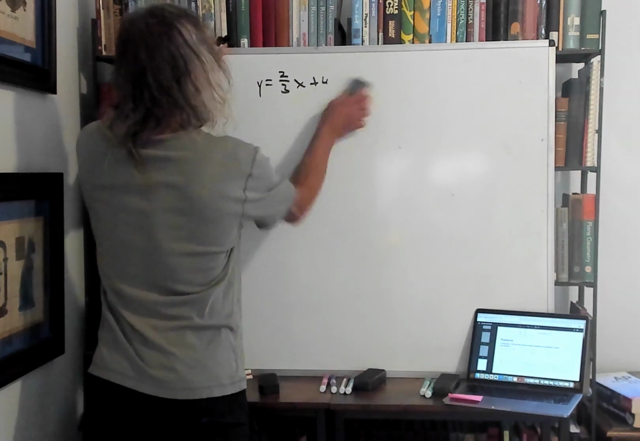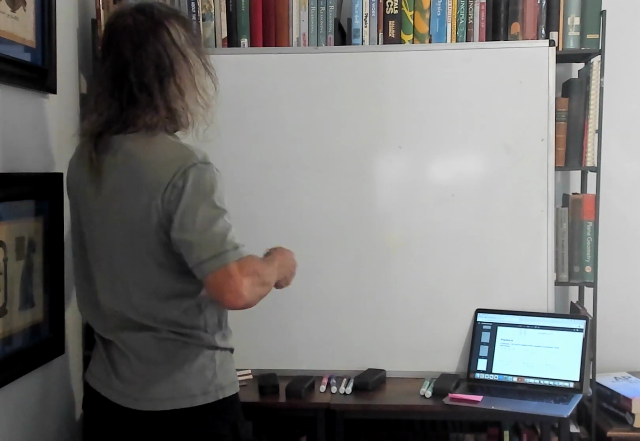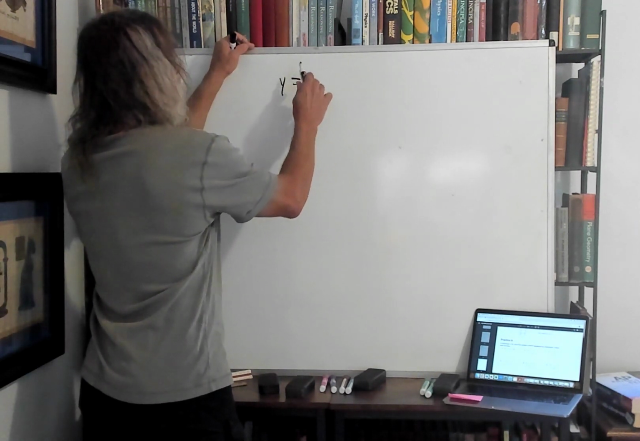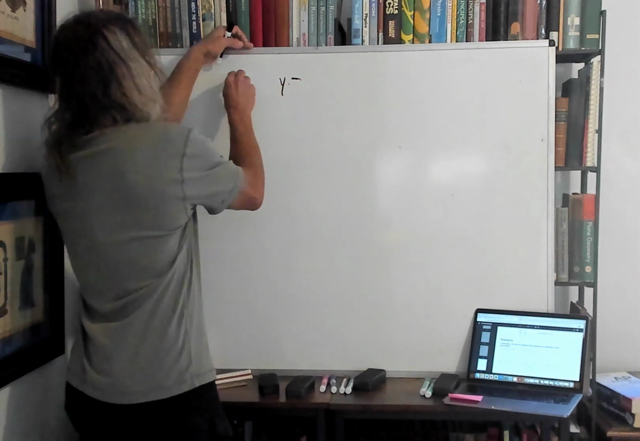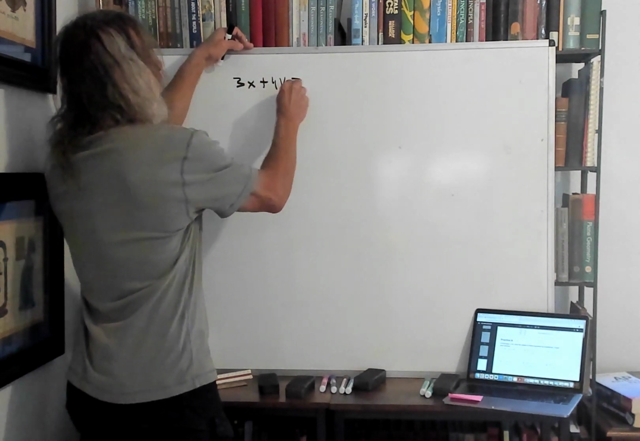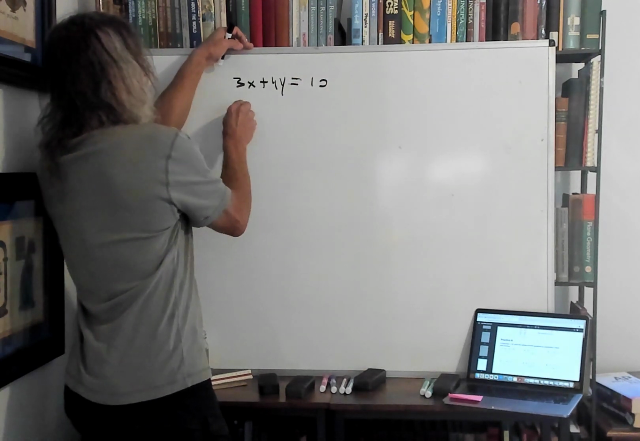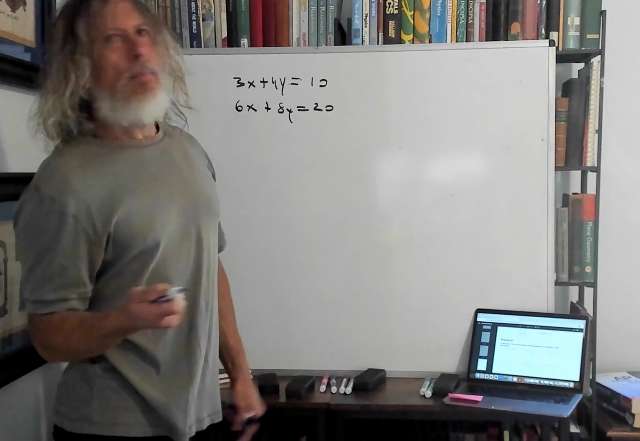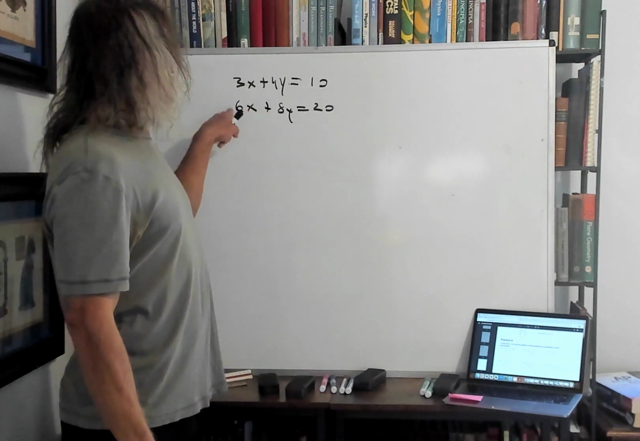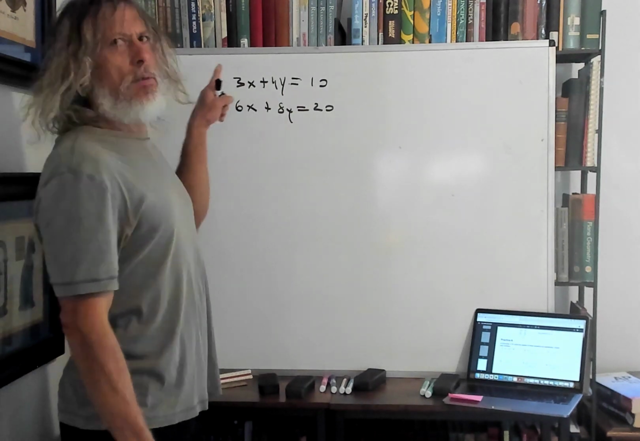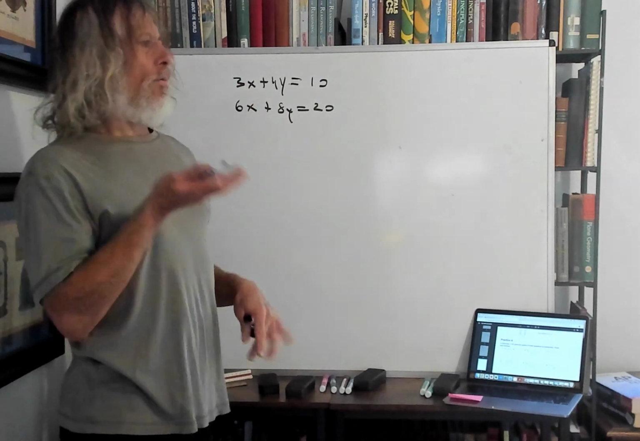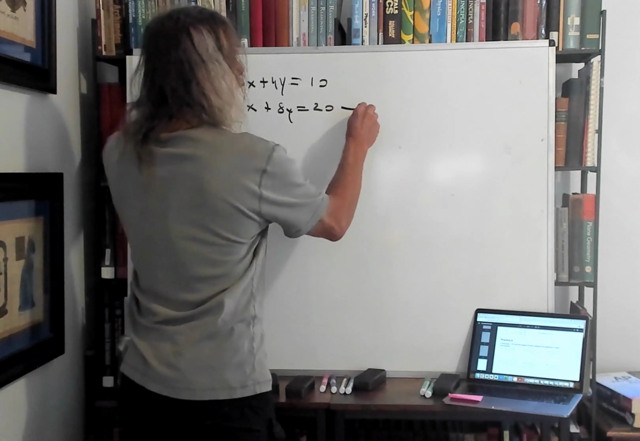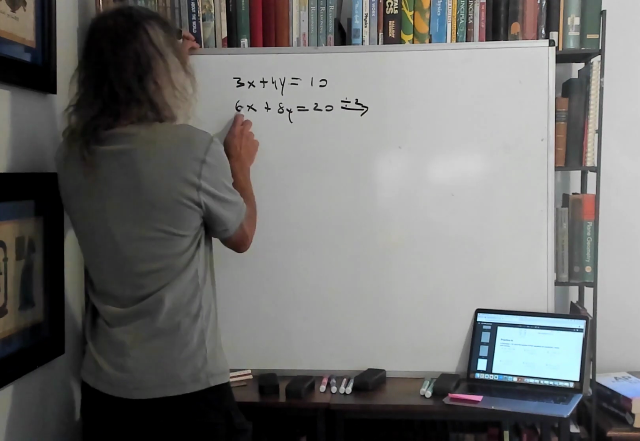So if we have, let's say, the way it comes up a lot, like 3x plus 4y equals 10, 6x plus 8y equals 20. If we notice that all these numbers are 2 times these, then it's just a different form of the same line. Because we could divide out by 2. If I divided everything by 2, that and that and that,